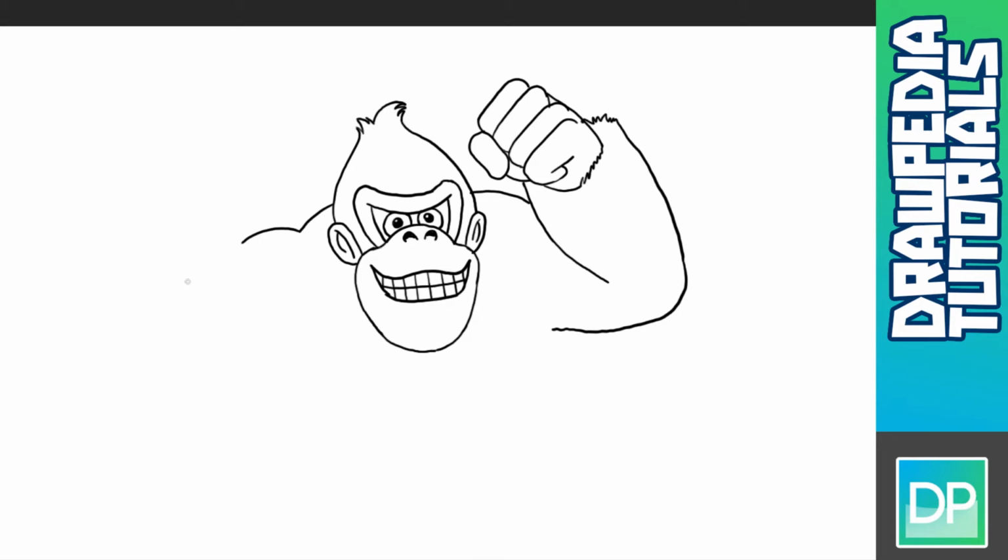Now for the other hand, so we're gonna draw from this point a curved line towards the head and slightly upwards. Then I'm gonna draw a few short lines at this corner, and then from this point I'm gonna draw a line down and sideways to the right and turn it up at that corner right there. And I'm gonna repeat the same shape for the other finger,